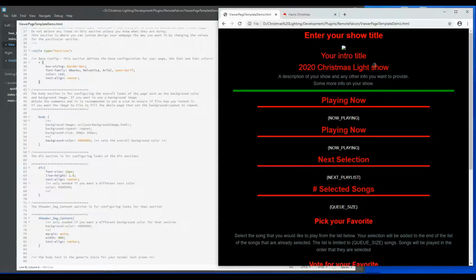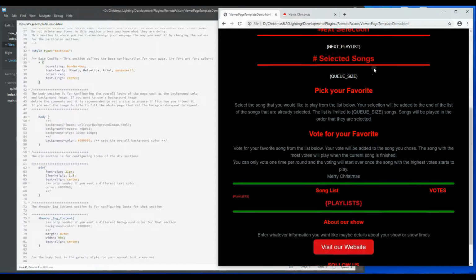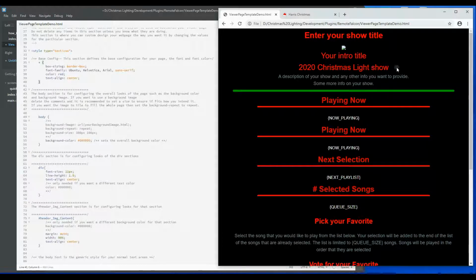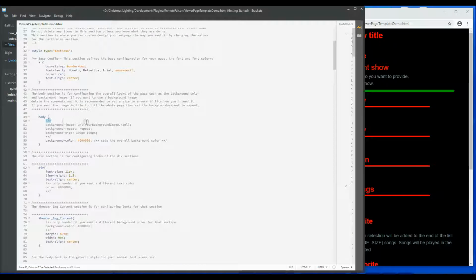So you see here, this is just the standard black background. If you want to configure a background image, then you would get rid of the comments to make the image show, and if you hover over it, it'll kind of show you what it is. I want this image, since this image is kind of like a ribbon, I want it to repeat, but I only want it to repeat going down. I don't want it to repeat across, so I'm going to make that